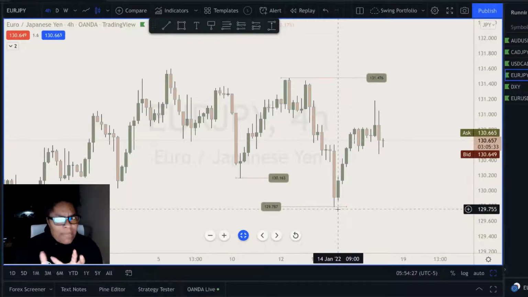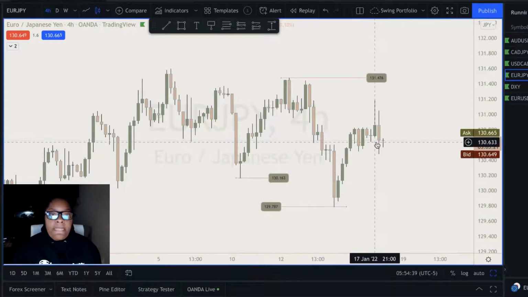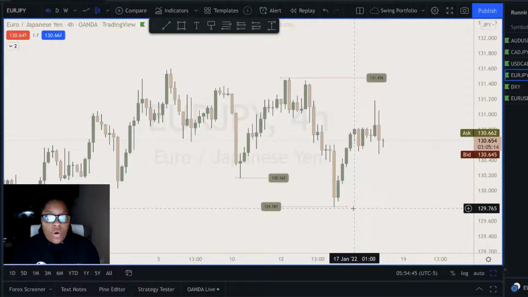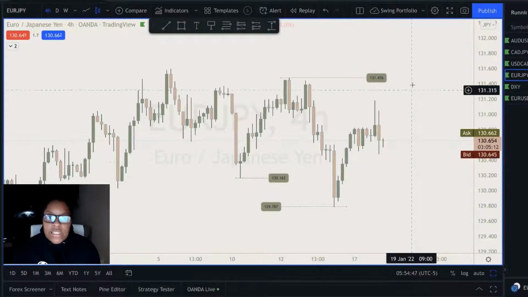The yens have kind of been funny. I don't know what's been going on with the yens, but they've been funny. They had a lot of false breakouts the past few weeks on the 4 hour time frame. But what I'm looking at primarily for Euro Yen today is the fact that if you are a Euro Yen trader, she dropped down to make that low. Now, because it's a new low on the 4 hour, you want to see if she can stay below